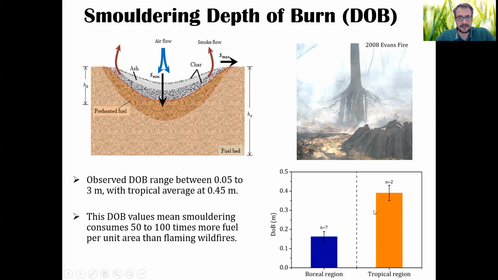You can see already typically tropical peatlands, because they are drier, they actually have ability to burn for longer, which is truly what drives the ability of these fires to produce a depth of burn. Whereas in boreal regions, they are not as dry, and maybe the cold temperatures and the rainy season arrives faster, and then they don't have as much time to propagate.